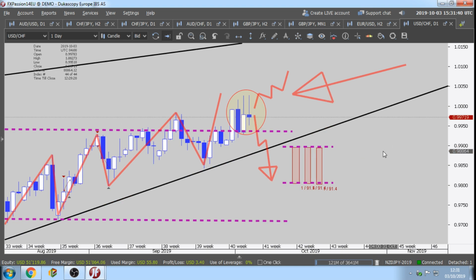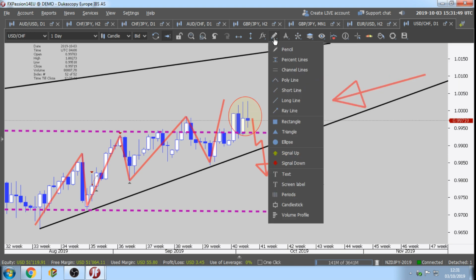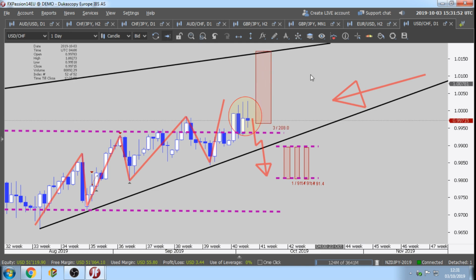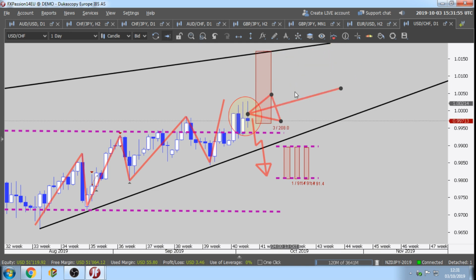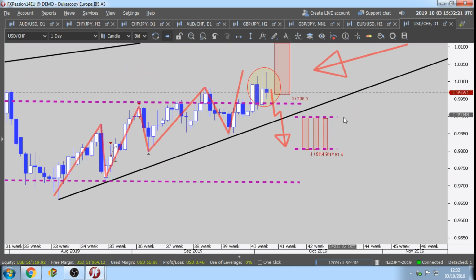So at least technically speaking, you should not enter long in here. And if the market is going to go up 1,000 pips and you are not in the market, don't get angry. Man, Passion said to stay out and I would enter, next time I'm going to enter. Okay, do what you want, no problem. But I'm telling you, you are taking a high degree of technical risk up in here. Now, you can accept this, you can reject, no problem.